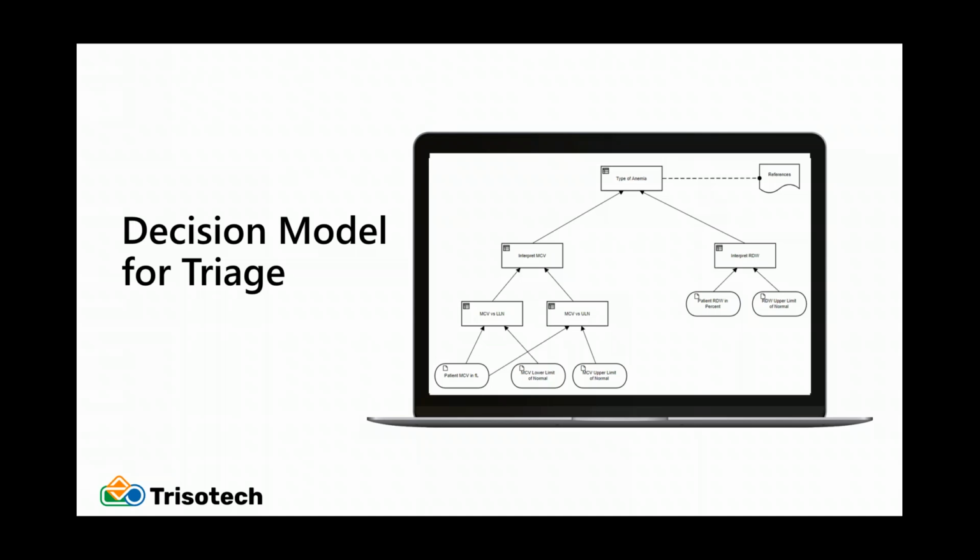In this model, we basically have oval items at the base, which are the data inputs. We have 3 data inputs relevant to the mean cell volume and 2 relative to the red cell distribution width. If you compare the MCV versus the limits of upper and lower, you can decide if it's lower than the lower limit of normal, it's microcytic. If it's higher than the upper limit, it's macrocytic. In between, it's normocytic. That gives us that answer for the MCV. For the RDW, it's simpler. If it's greater than the upper limit of normal, it's increased. If not, it's not increased. Both of these decisions are fed to a decision table. And the decision table in the next slide